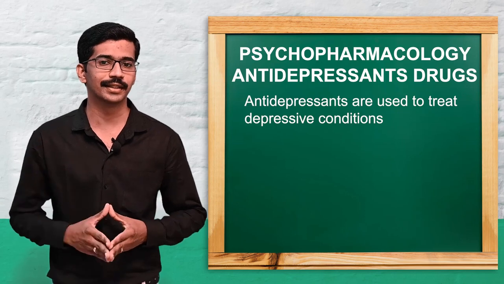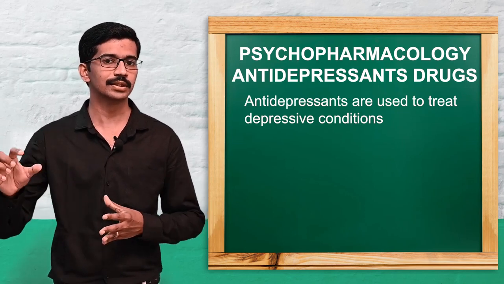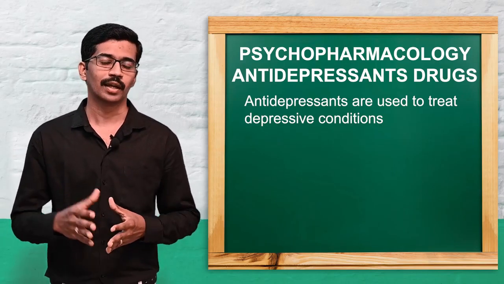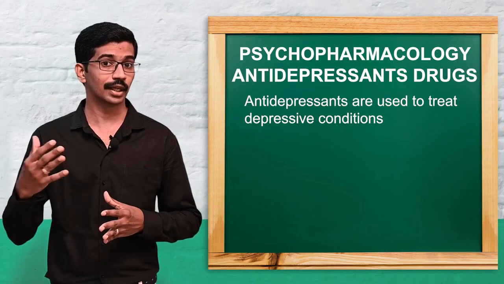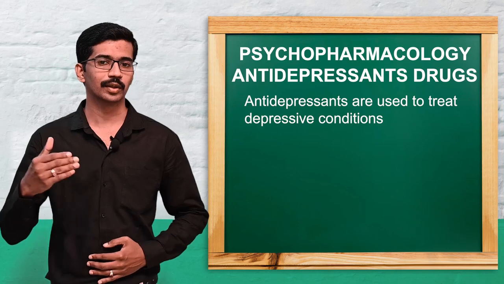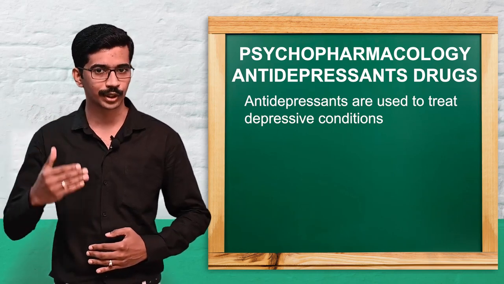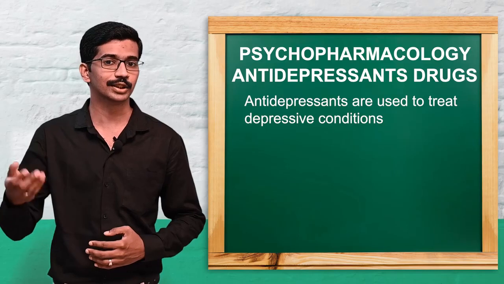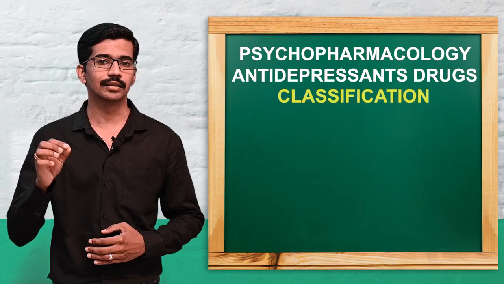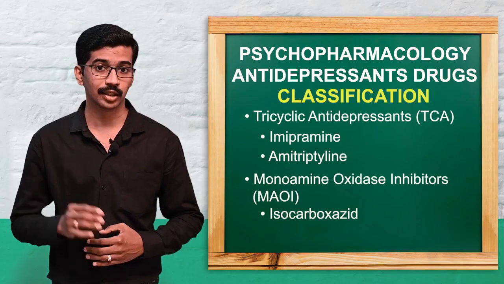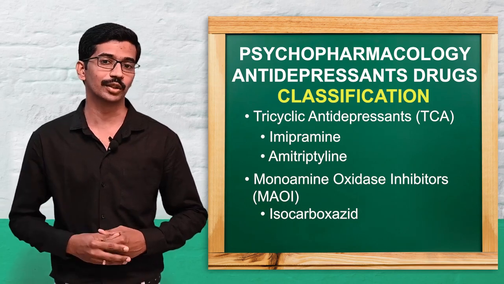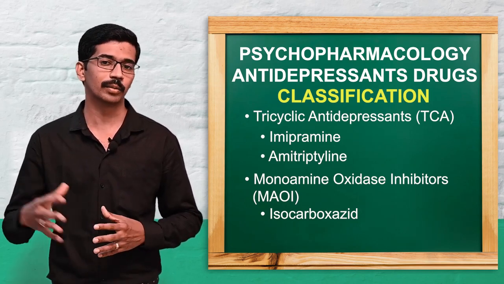The word itself indicates that antidepressant means a drug which is used against the depressive condition. It is otherwise known as a thymoleptic drug and mood elevator. Why? Because in depression, the patient will have reduced mood, and this drug will increase the mood of that patient. That's why it is termed a mood elevator. The first antidepressant drug, imipramine, is a tricyclic antidepressant. It was used in the year 1958 by Thomas Kuhn.